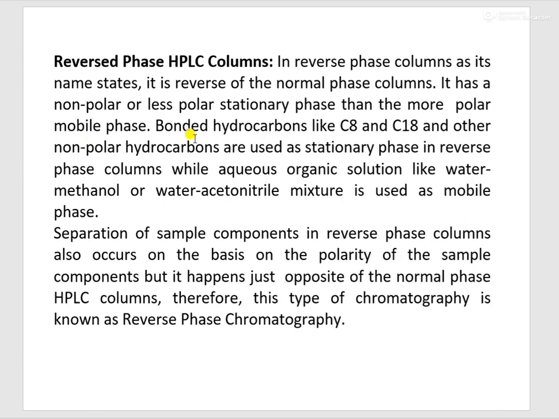Now, in the case of reverse phase columns, the stationary phase is relatively non-polar, and the mobile phase is relatively polar.